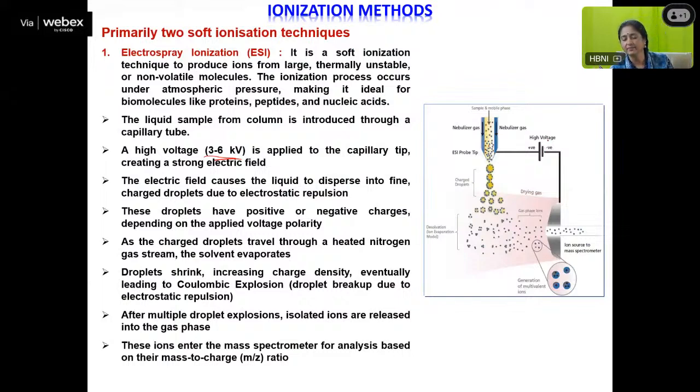So here it is shown: high voltage is applied, the sample comes through the capillary, so drying, and now it is getting exploded, and now the ions are passing to the mass spectrometer. So this is